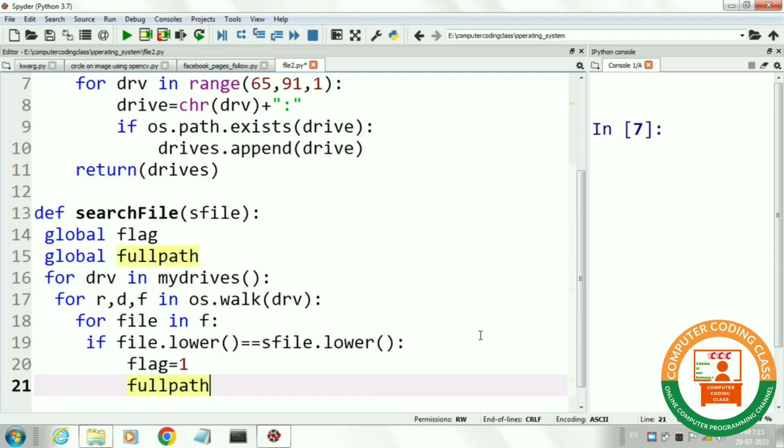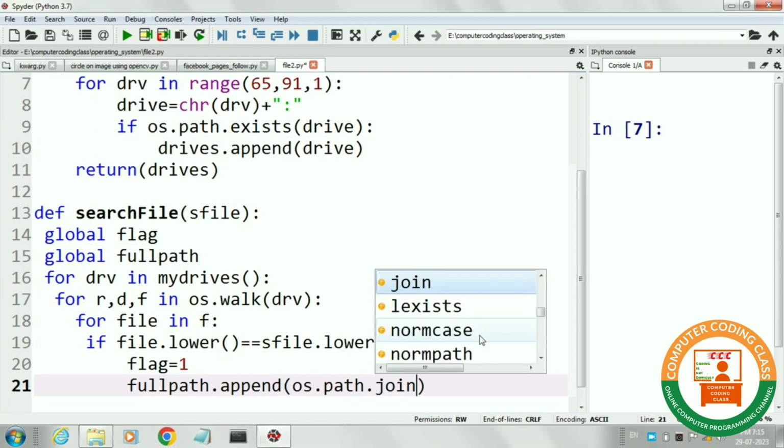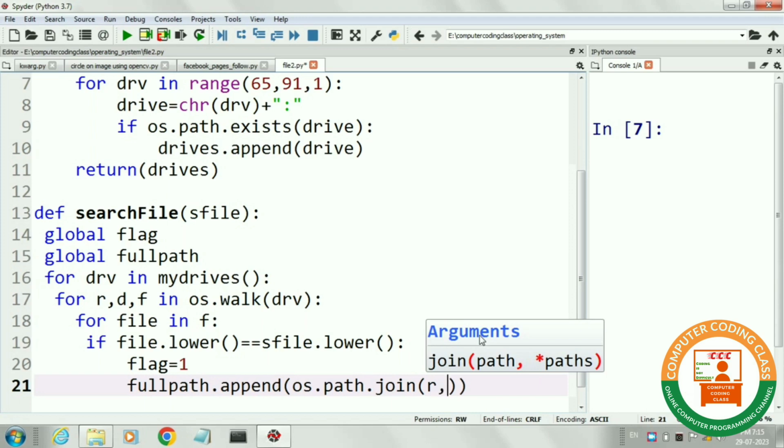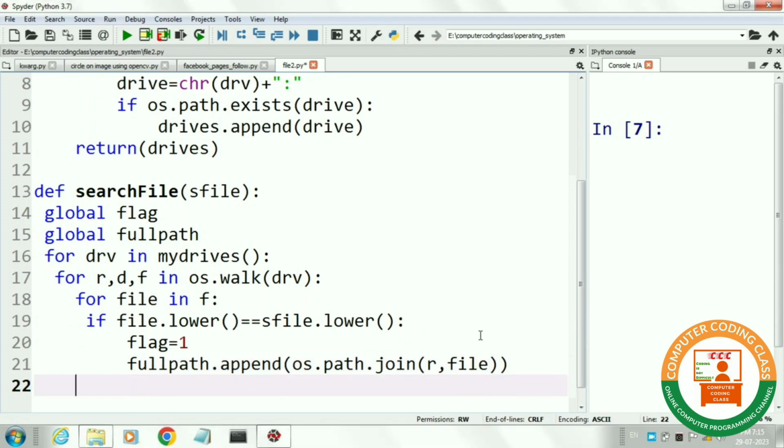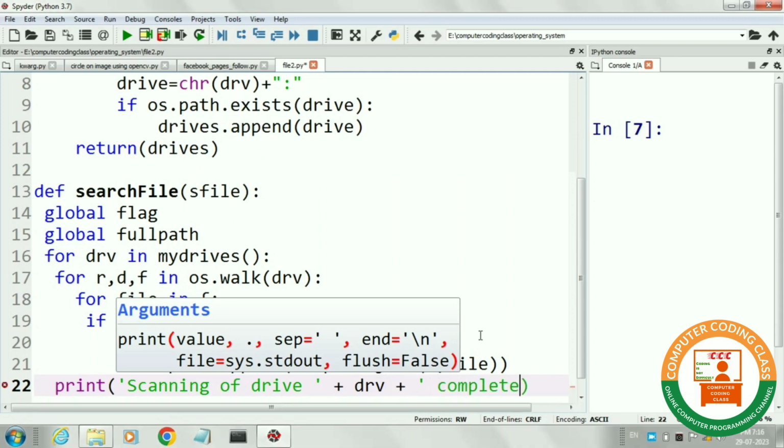Next, we will append that file with path to our Python list fullPath. Next, in the outermost for loop, we will print a message that scanning of a particular drive is completed.